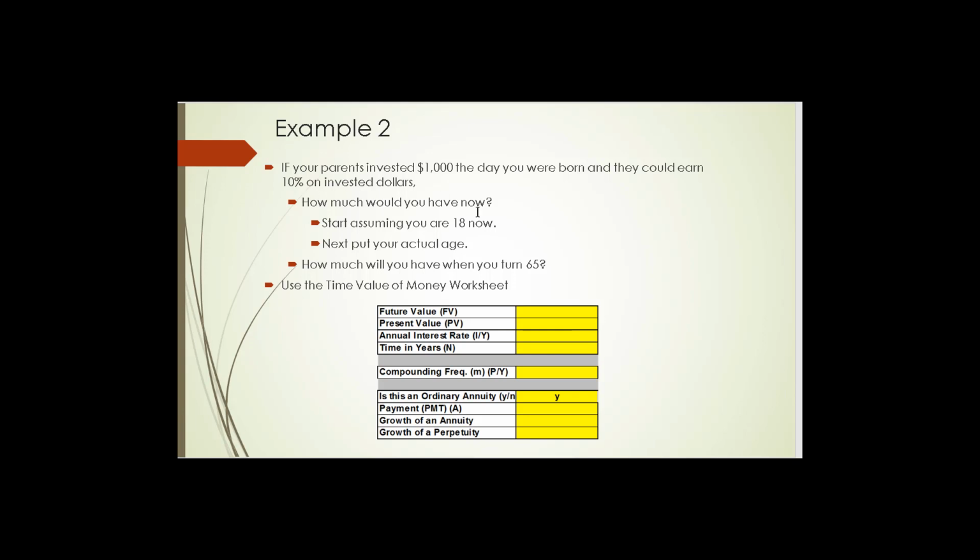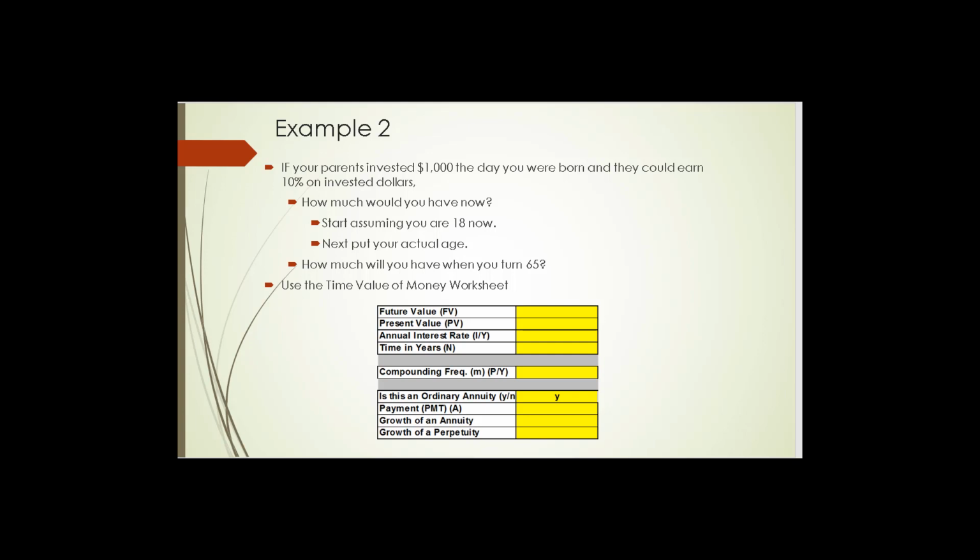And now how much would you have now? Assuming you're only 18 years old, that means time equals 18. That amount of money would grow to, as you see down in the notes below, $5,559. If you kept it in there from the time you were born till the time you turned 65, you would have almost $500,000,